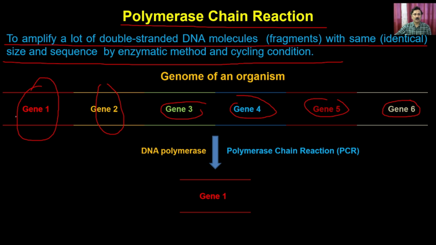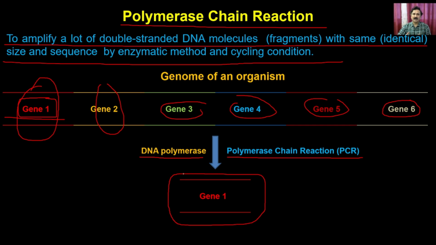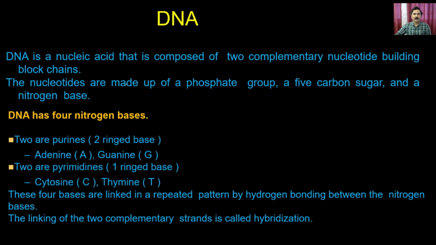Suppose we want to isolate gene 1. We can use the DNA polymerase and put it into the polymerase chain reaction, and that is going to allow you to amplify gene 1. But the question is how the polymerase chain reaction actually allows you to amplify gene 1, and how you can perform the polymerase chain reaction. But before getting into the details of the complicated process of the polymerase chain reaction,